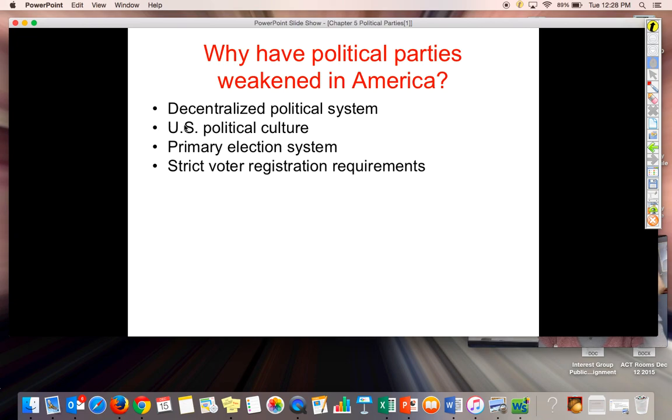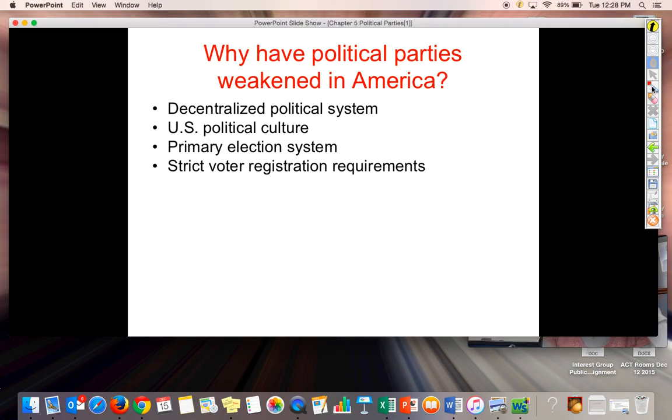If political parties and our governing system were more centralized, I think the political parties would have more of a dominant force. Our U.S. political culture, we have more independence. Americans overall consider themselves moderate, and they don't go to the extremes of the far right and the far left. So our U.S. political culture doesn't depend on parties as much.